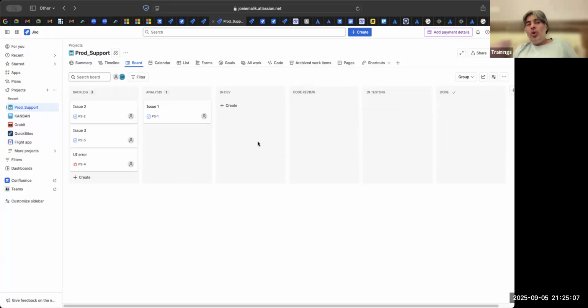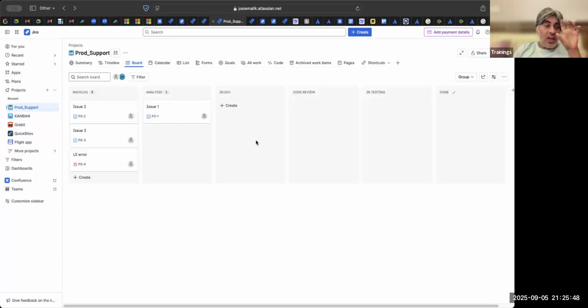So you go to a team, you ask them, boss, what are the different stages your issue or your bug goes through? They say, first we analyze it. If after analysis we find that this is a valid issue or a valid bug, then we start coding. Once the code fix is done, we put it to code review. Once the code review is done, we put it to testing. Once the testing is done, we mark it as done.